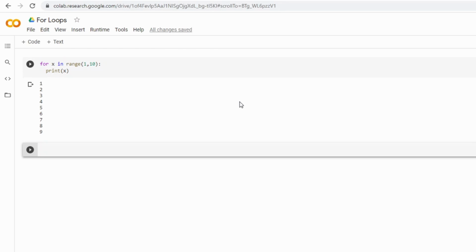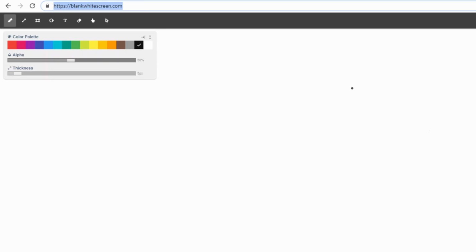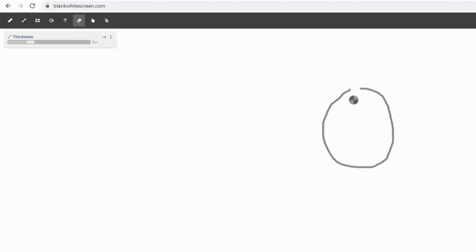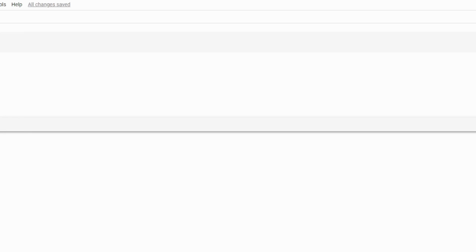Now the definition said that a loop was something that was close to a circle. Now if we were to go to a white screen, it's something like this, but also something like this. So it's not full. So in our code, if we were to go back to it,